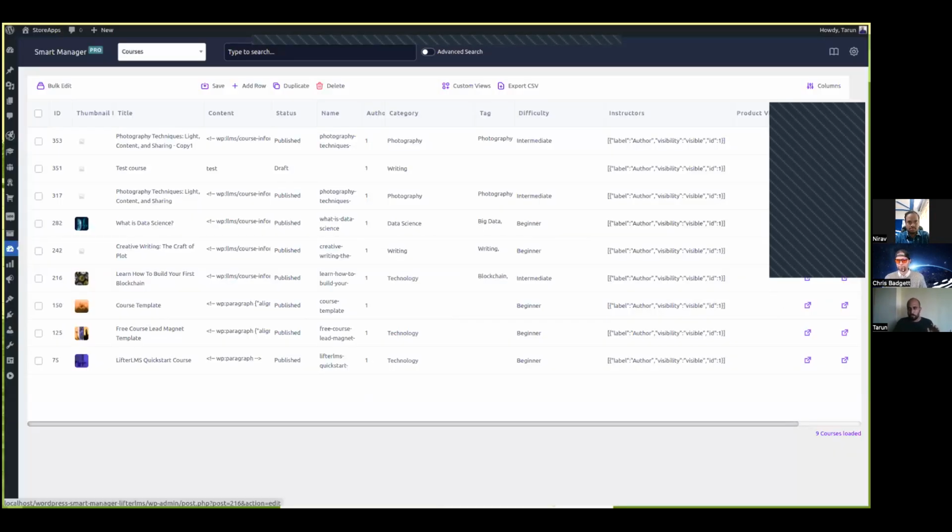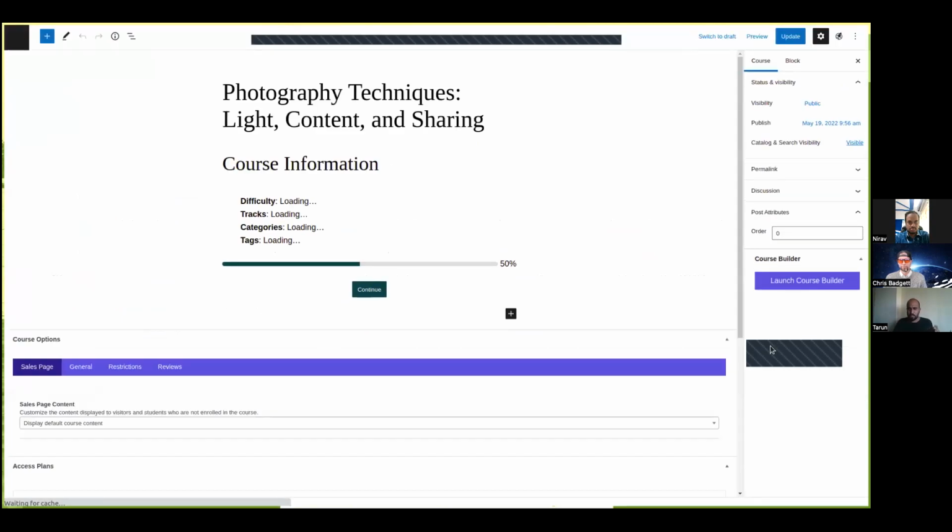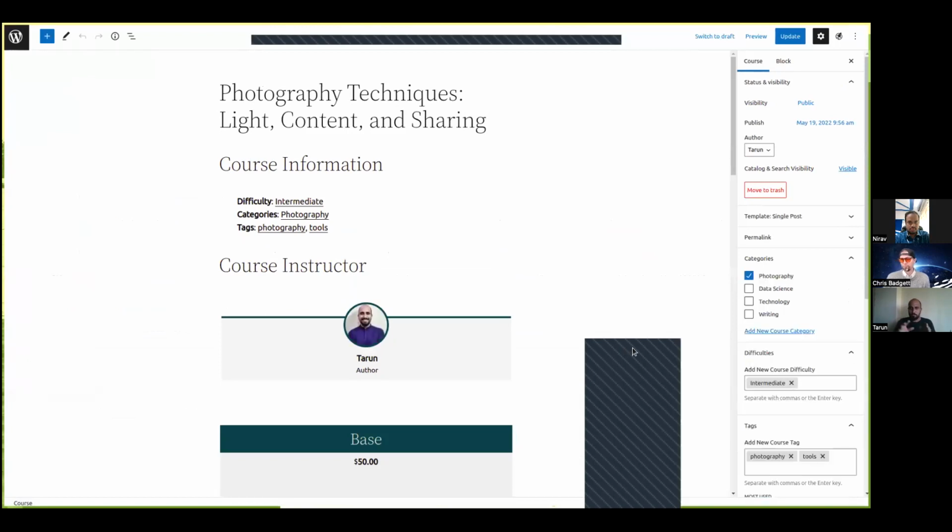Here you see some blue icons, that is the edit and the view part. So if I'll just move this down. If I click on this, it will basically open the course in a new tab, the editing window of the course. So if I just click on this, it will go to a new window and open that editing part of the course in the new window. So why have we given that? Just because if the grid is not enough for you and you want to have the same functionality, you would just like to edit it there. So you can also go ahead and edit it from the Smart Manager.